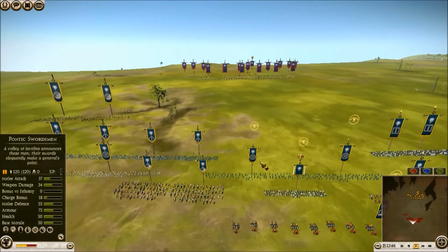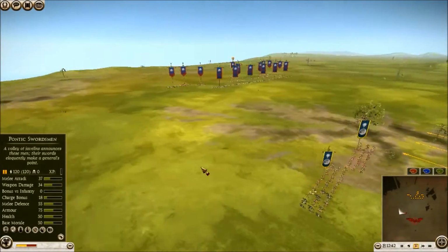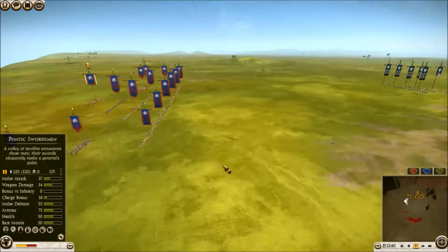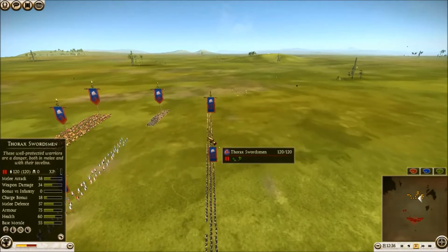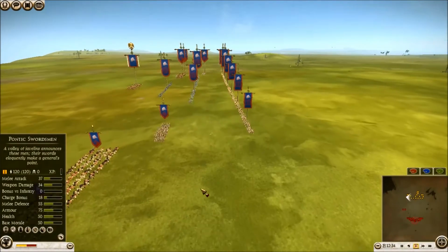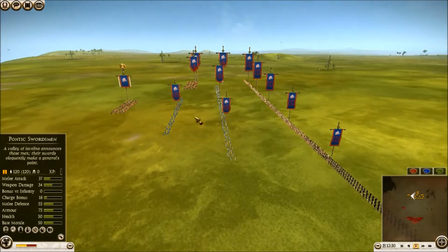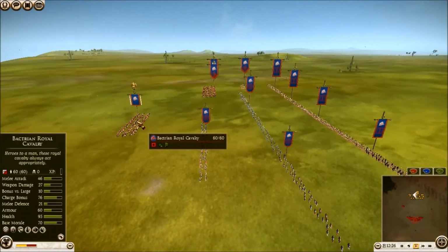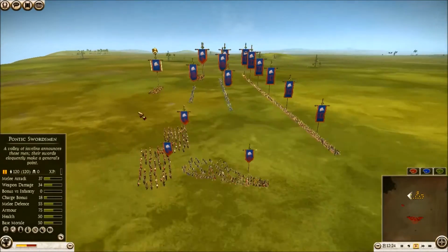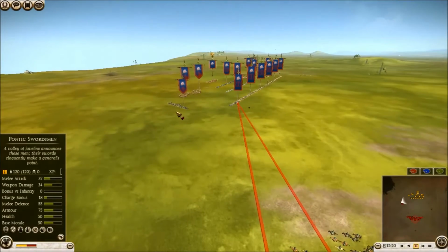I'll slowly start moving my main infantry body forward, but I'll bring my horse archers up first and harass with them. So going over my opponent's build, he has 6 of these thorax swordsmen for his front line, 2 Thurios spears, 1 on each flank, 2 of these mercenary Syrian archers, 1 peltis unit, 4 Bactrian noble horse, and then a Bactrian royal cav general. So pretty balanced army. Now you see he does move his Thurios spear